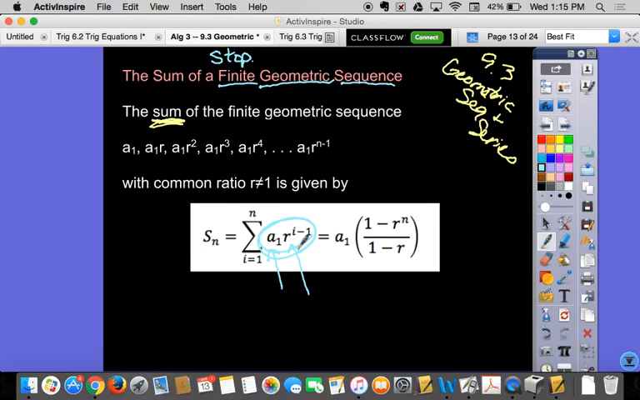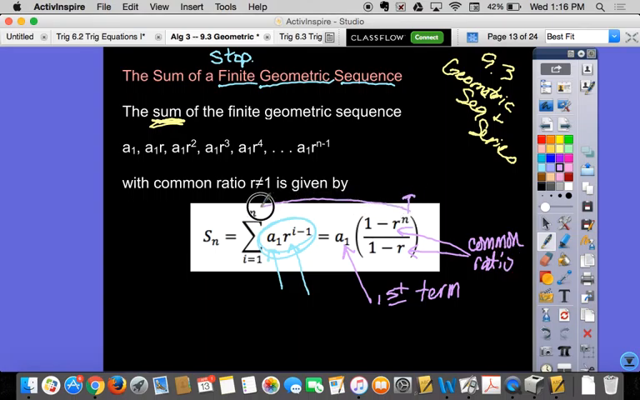It's all good. Same stuff. A sub 1 is still the same thing. A sub 1 has always been the first term. And then r, same thing it's always been. Both of these places is the common ratio. Now n, that might be a little bit different. n is the number of terms